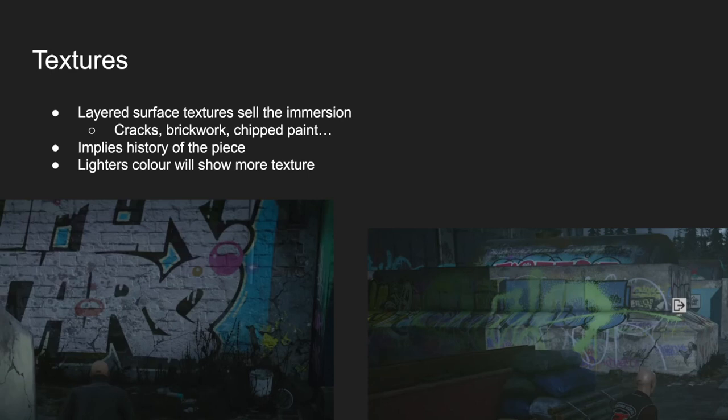Typically, lighter colors will allow more of the wall to show through, while darker colors will obscure the color beneath a little bit more, so you won't see as much of the texture underneath. You can see here, you have a lot of cracks and a lot of brickwork visible underneath these whites and these blues as well. You can see it compared with the brick itself. And then the blacks, you really almost don't get any of that. And that's pretty consistent with how real graffiti should look on a wall.